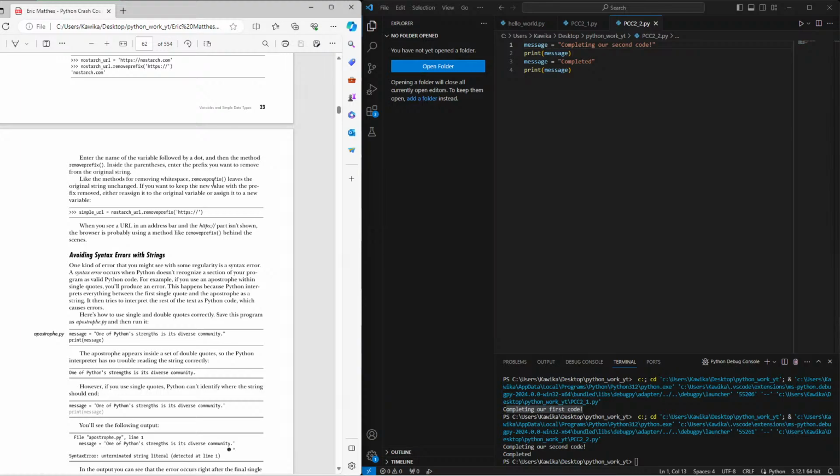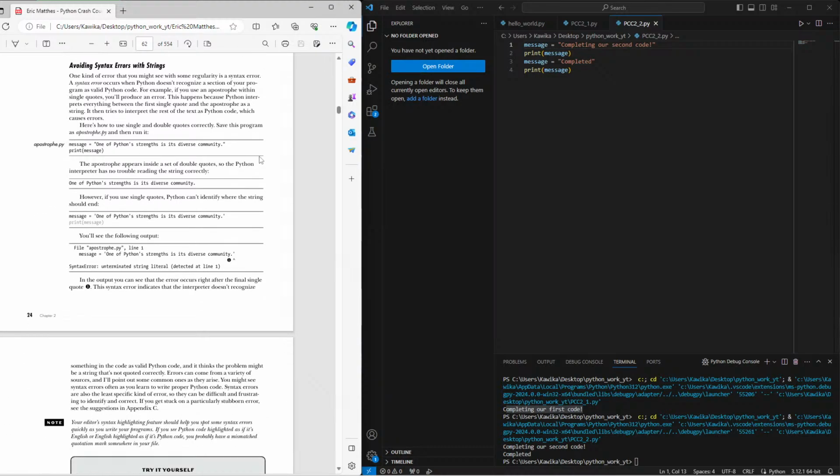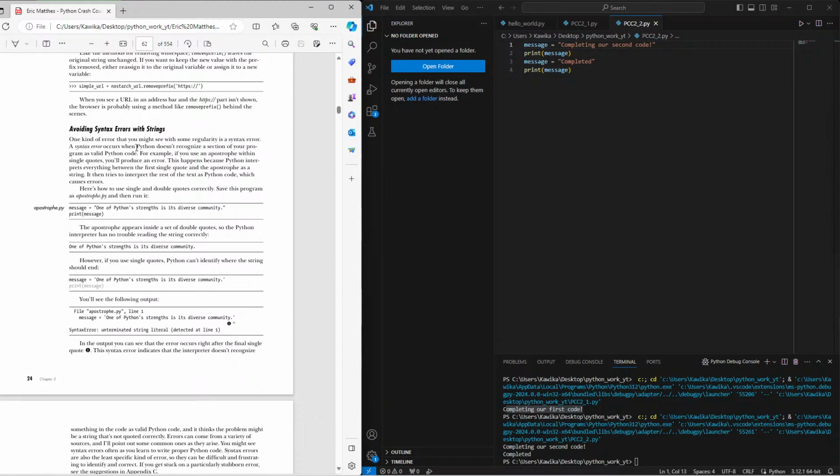If you want to keep the new value of the prefix removed, either reassign it to the original variable or assign it to a new variable. Simple URL equals no starch URL.remove prefix https. When you see a URL in an address bar and the https part isn't shown, the browser is probably using a method like remove prefix behind the scenes. So I believe this is the last section before we can move on to our